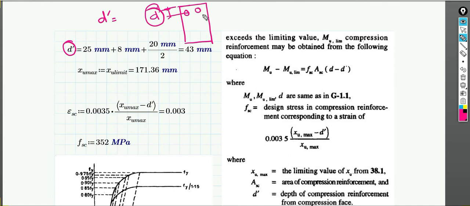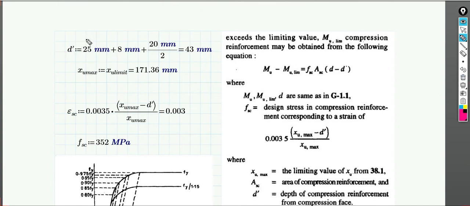This is the distance from the top fiber to the center of the compression reinforcement, which is given by D dash. So here D dash will be how much? 25 mm clear cover is what we have assumed. If you refer to table 5, you will get 30, so you can assume it to be 30 mm. For the sake of continuity, I have assumed 25 mm and I am going to continue with this, but you can assume the clear cover as 30 mm, as per table 5.